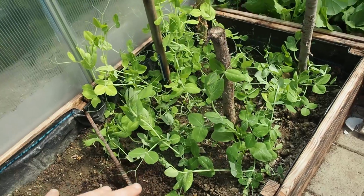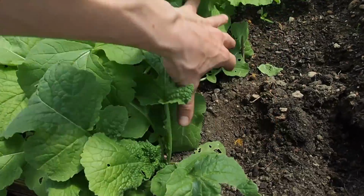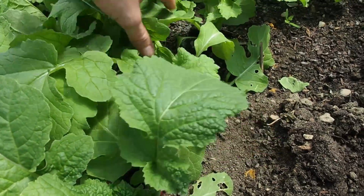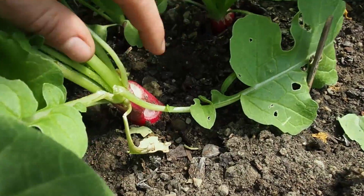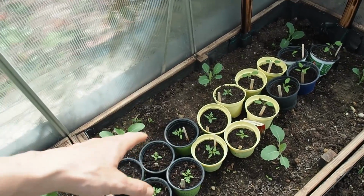These are sugar peas. Here I have my radishes. They are almost ready for the harvest. And unfortunately I have some snails and slugs in here, and they are making some damage on the radishes, which is not so great. Here I have more cauliflower and tomato plants,